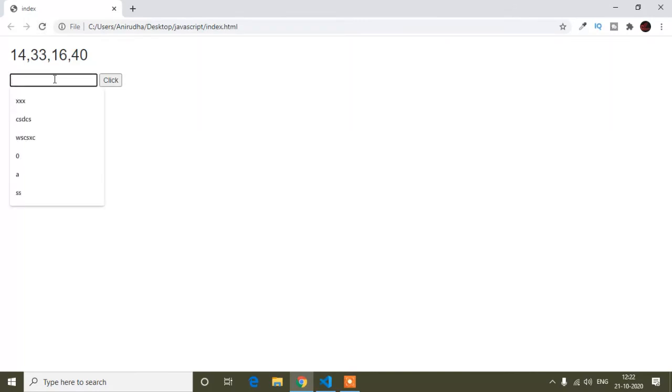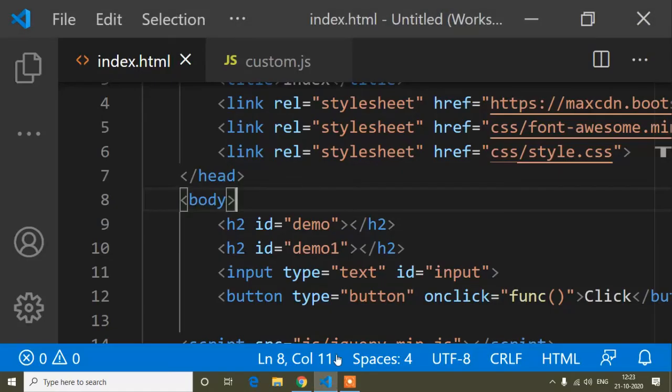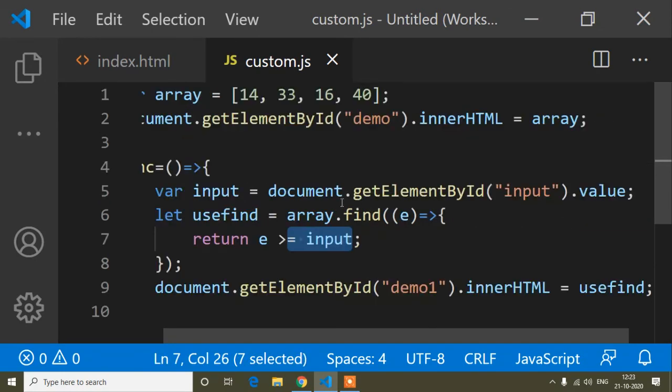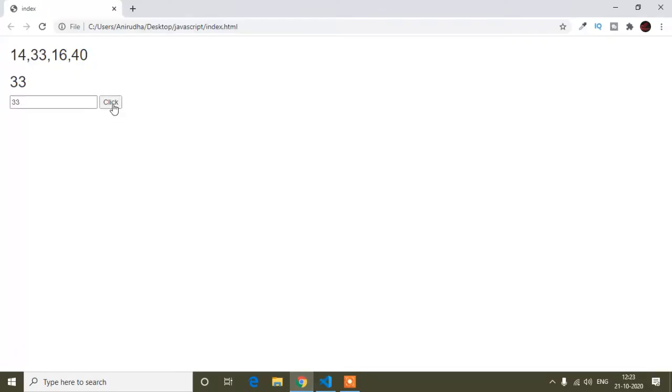If I put 16, it will show the output of more than 16, that is 33, because it shows only the first element of the array which is more than 16. But if I write 33, it should show 40, because I have written more than input in the JS. So if I write 33 in the input, the value more than 33 is 40, so it should show 40.